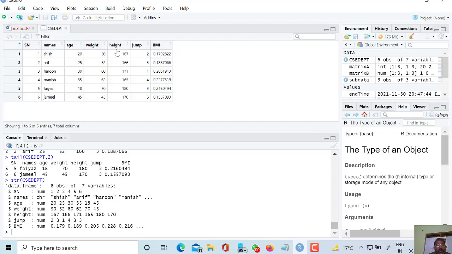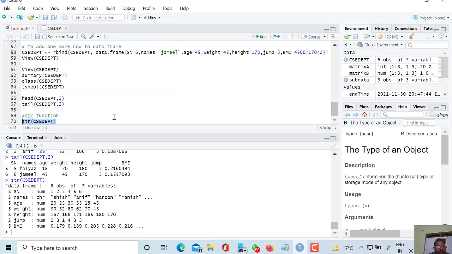So 6 objects, name of 1 2 3 4 5 6 objects and 7 variables. These are the variables and these are the objects. So in this way 6 objects and 7 variables are there. These are the types of these variables, name, number, character. So these are the types of variables here.